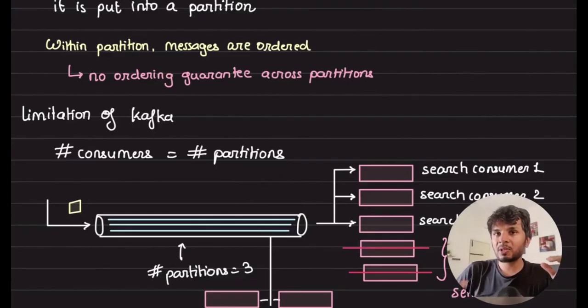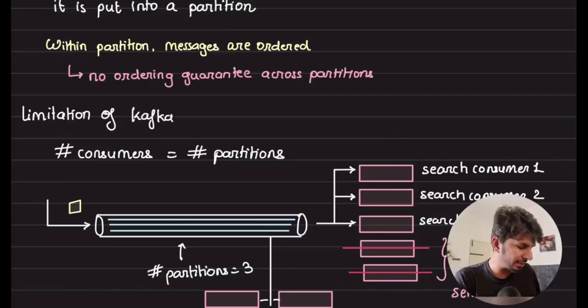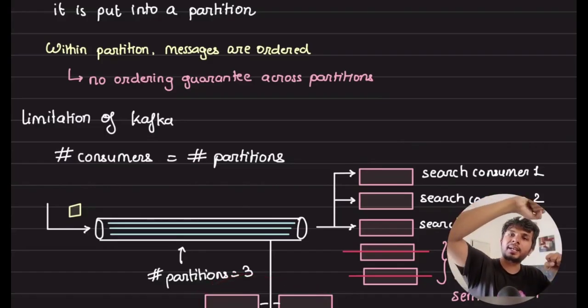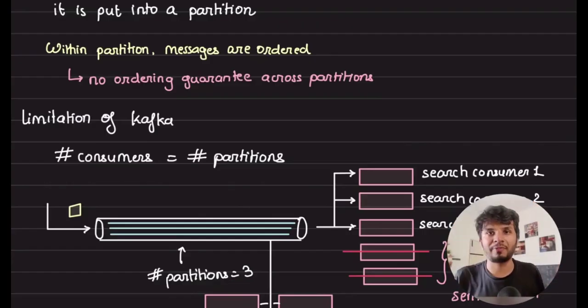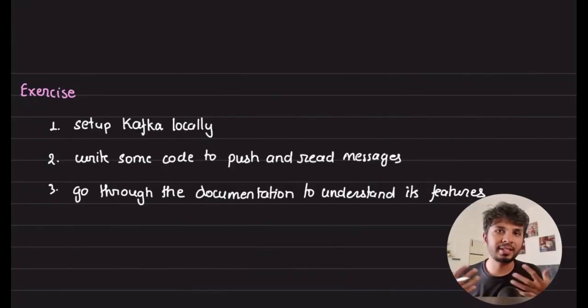The maximum number of consumers that can consume from Kafka is equal to the number of partitions on that corresponding topic. In this case, I have 3 partitions on this corresponding topic. So I can have at max 3 consumers for a particular consumer type. Each consumer type is iterating at its own sweet pace from Kafka. Right? This is the high level overview, things that you should definitely know about Apache Kafka. Right? But again, I highly recommend you do this exercise to build a deeper understanding of it.